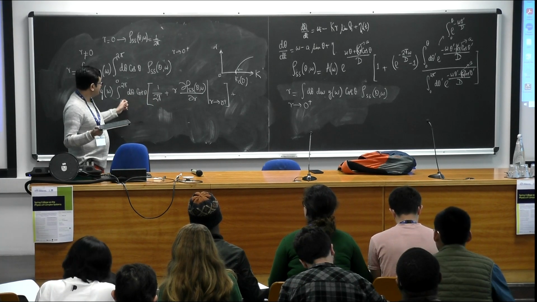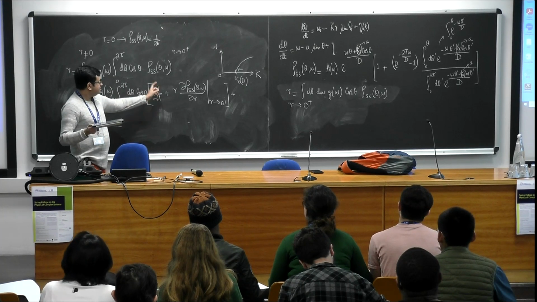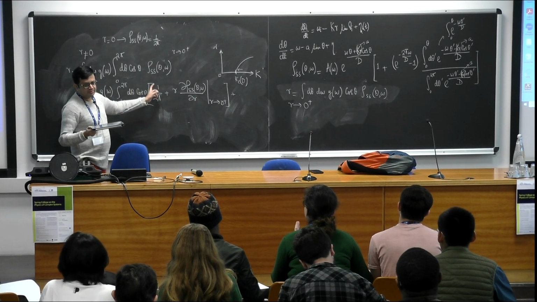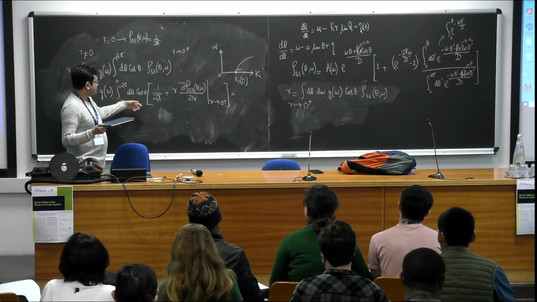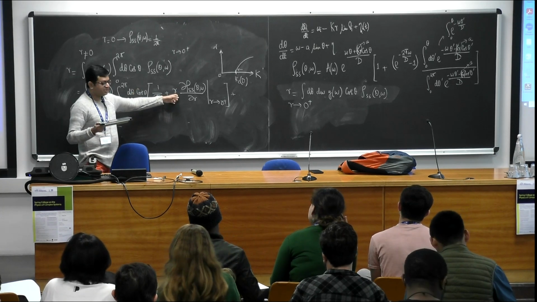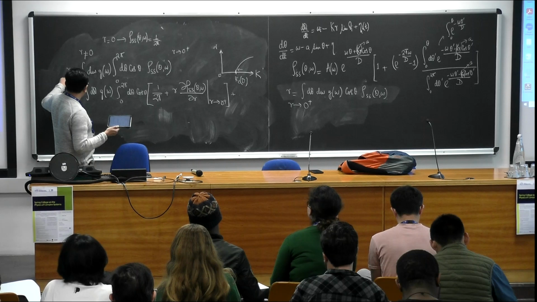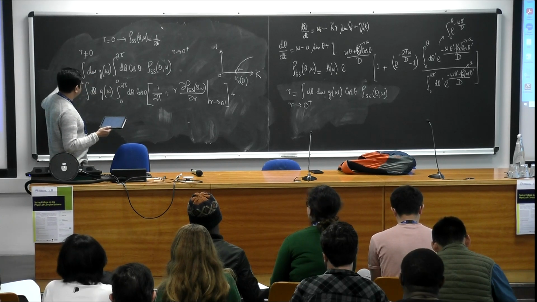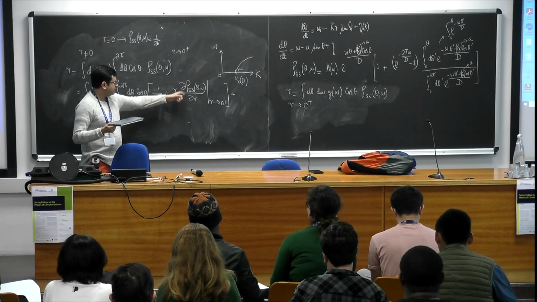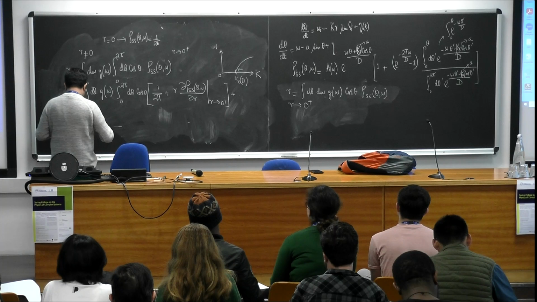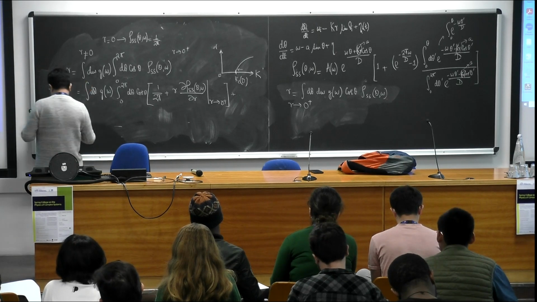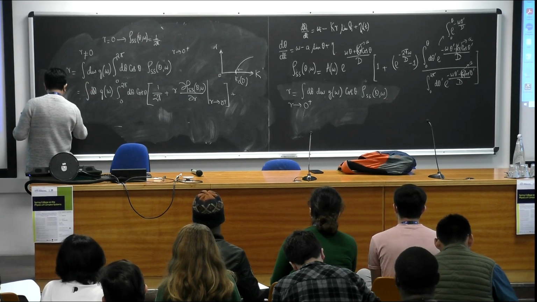Can somebody tell me why this integral is 0? Yes, exactly. So this term goes away. So the leading term is of order r, which is exactly what I want. I want to cancel this r. Because r is non-zero, I can cancel. So the leading term is already of order r. So I have to just do this derivative. If I do that, the final answer that I get is